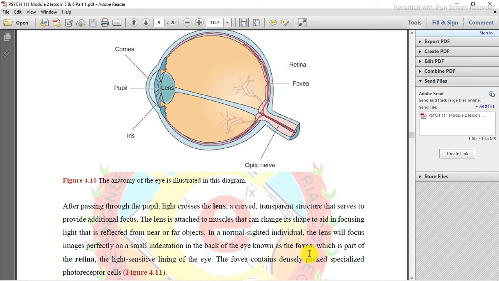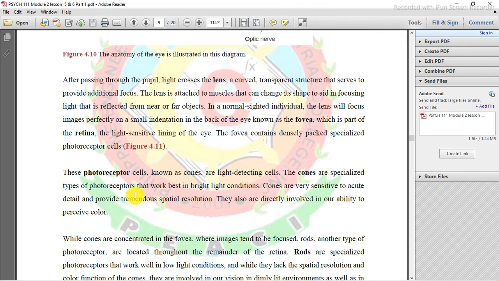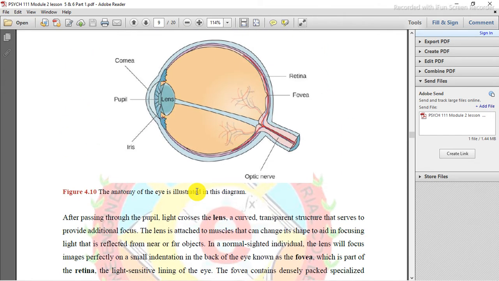We have the fovea. With fovea, the small indentation in the back of the eye, dito ang part, yung red. Which part of the retina, the light sensitive lining of the eye. Okay? And we have here what we call photoreceptor cells known as cones or light detecting cells. Cones are specialized types of photoreceptors that work best,